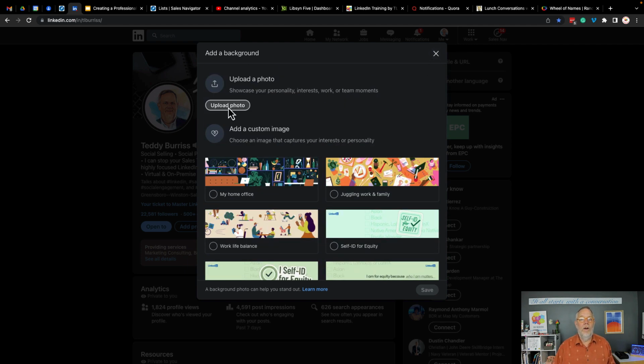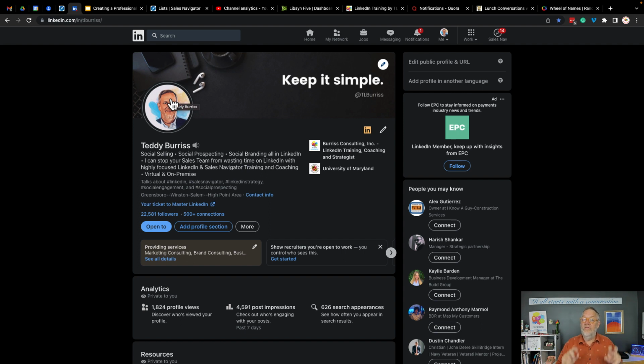But if you're going to upload, again, I recommend it be at least 4 times as wide as it is tall. Now, you could do some really cool customization if you want. If you're going to put a lot of words on here or some message, make sure you leave this area right here clear so you don't cover up your words. And when you put it up there to test it, look at it from your desktop and look at it from mobile so you know what it looks like on both. Because sometimes on mobile it squeezes a little bit and it may overlay it. You can be really cool with some imagery there. Just experiment with it so you know it's going to work.